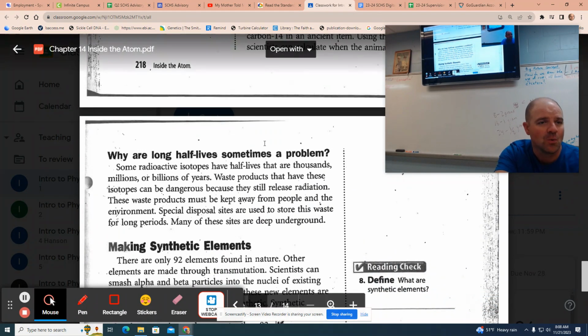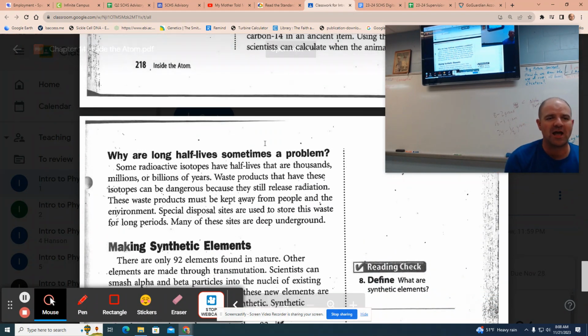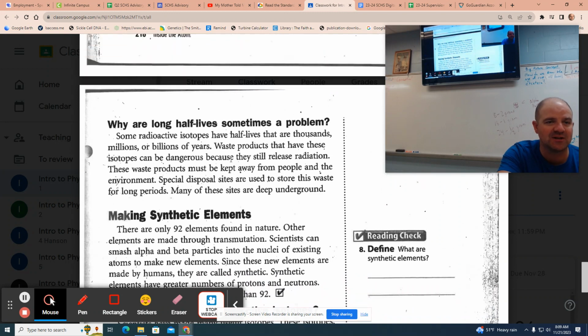That's good. Why are long half-lives sometimes a problem? Some radioactive isotopes have half-lives that are thousands, millions, or billions of years. Waste products that have these isotopes can be dangerous because they still release radiation. Sometimes we think of radiation in negative ways, right? Sometimes it's positive. Sunlight's radiation, isn't it? But some components of sunlight are more dangerous than others. Anyway,